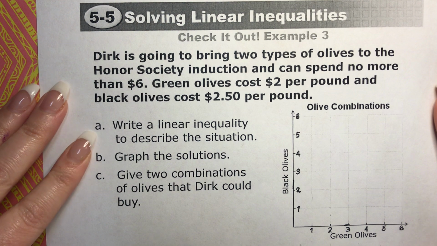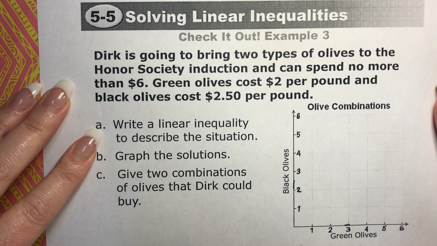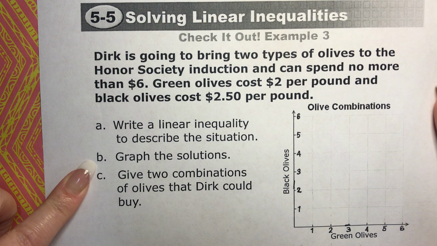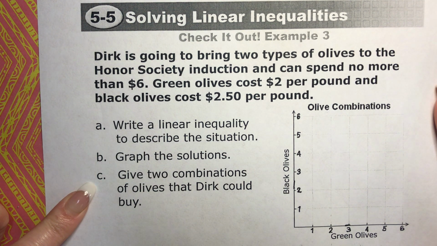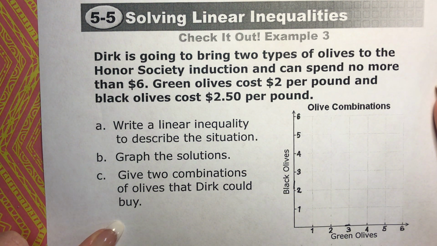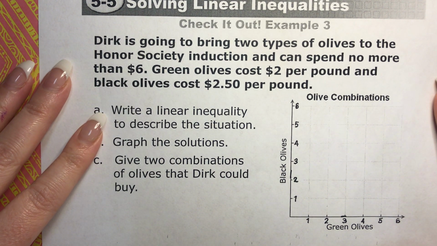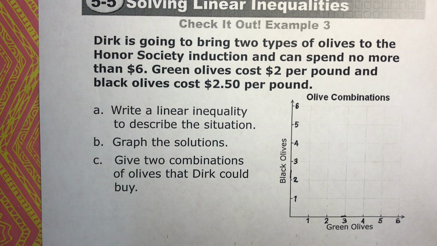So we have to do 3 things. First, we need to write a linear inequality to describe the situation. Next, we need to graph the solutions, and then give 2 combinations of olives that Dirk could buy. Okay, so the first thing is to write a linear inequality